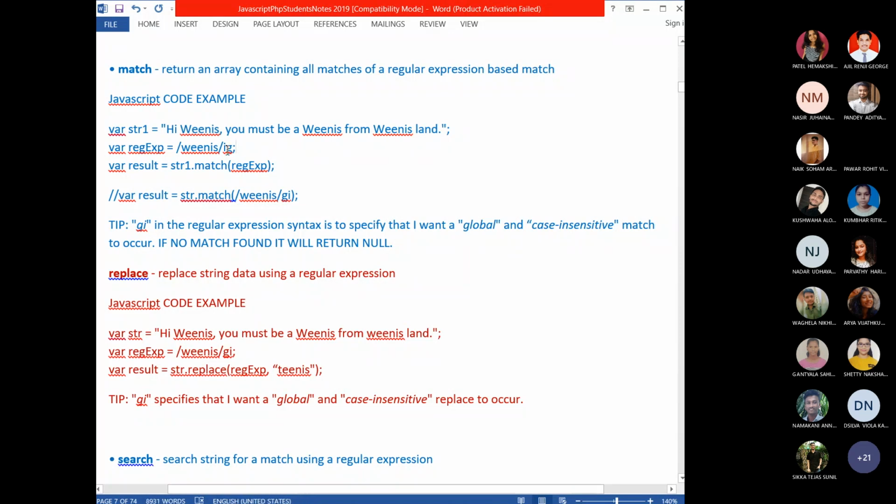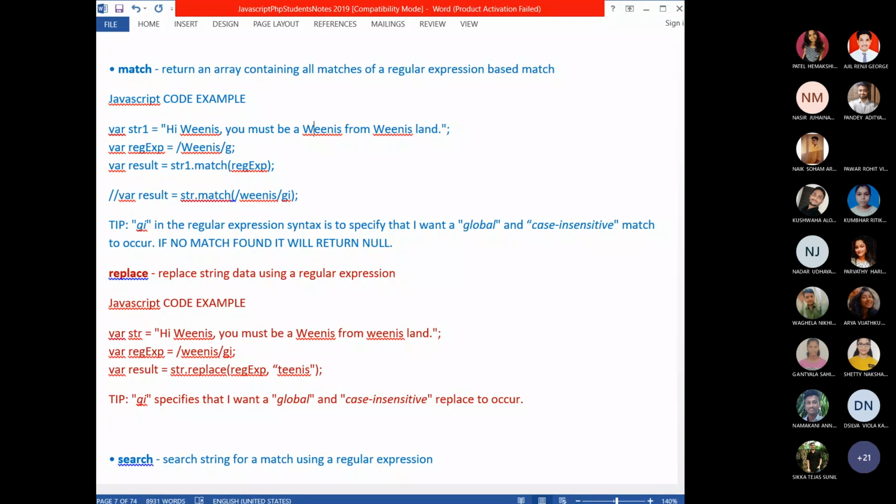Assume that I did not give I. I have given G. What will be returned? Any one of you? Null, of course. Null will be returned. It becomes case sensitive. Now I changed this to a capital letter. Now what will be returned? Only G is there. All the three Venus, yes, global search.